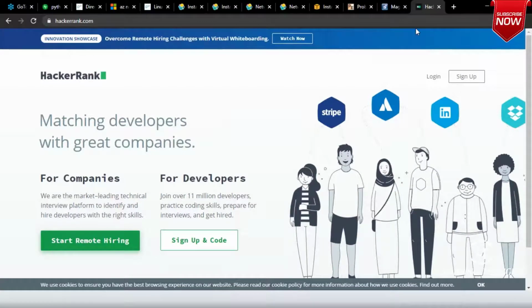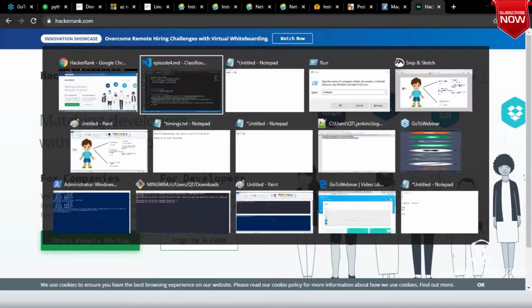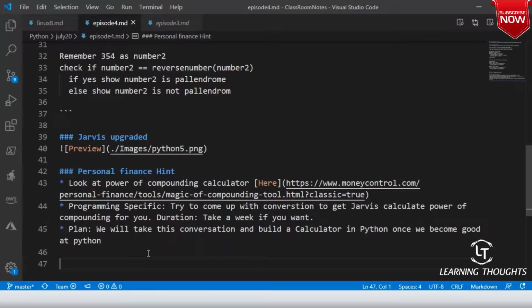You can create an account in this, and you can search for the language you are trying to learn. Here they will give you problems. In the classroom I'll be telling you some of the problems, and I'll use one or two samples from HackerRank also, but I would recommend that everyone who is trying to learn programming try HackerRank, where you can solve problems in Python and more. It will give you a question, and you have to answer it. What I would recommend today is, don't worry about anything, just create an account in HackerRank. Especially for freshers, this can help you in getting hired.